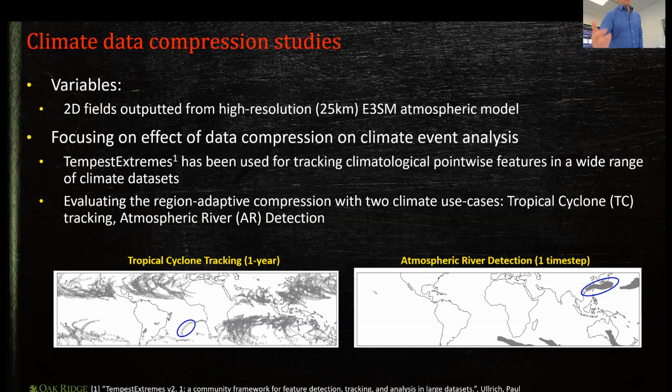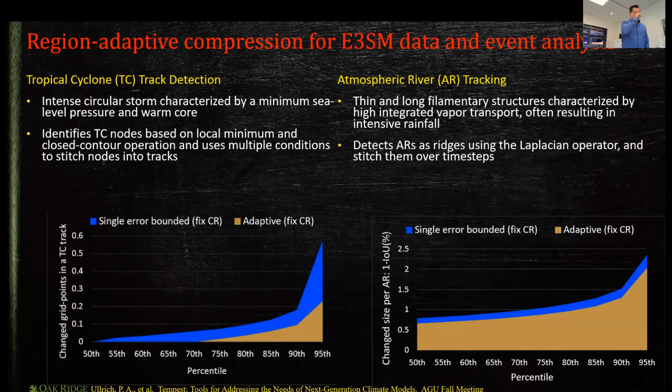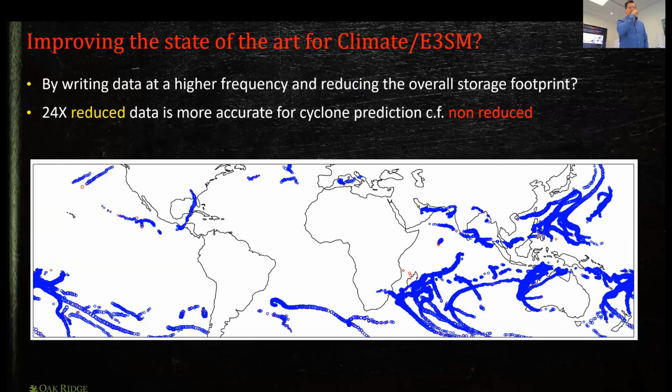And now our goal is to say, how well can we do? In this paper, and again, in the work getting to more adaptiveness, what we're trying to show is that the adaptiveness can give us better compression ratios, because what we're doing is limiting the points or the degrees of freedom important in the data to where it needs to be. And we're doing this across all the variables, each variable separate, and we're just trying to make sure that the errors are small.